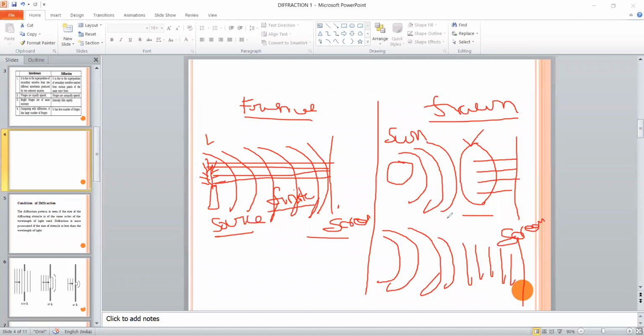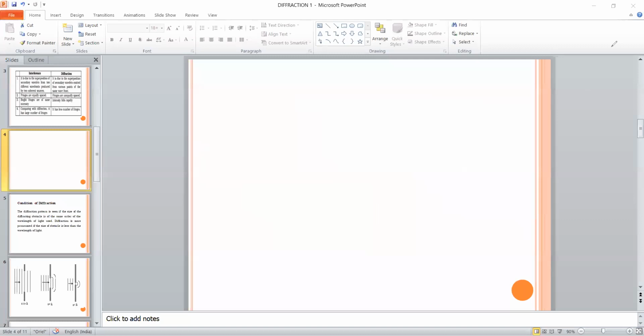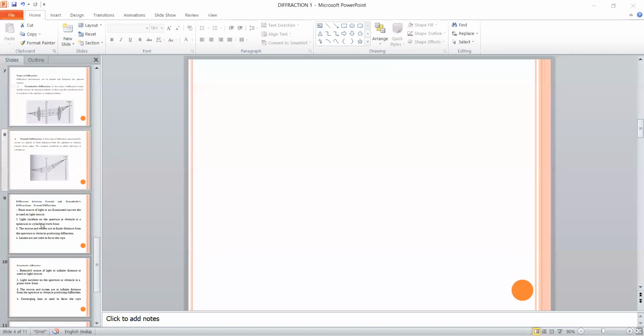And one more difference between Fresnel and Fraunhofer is, whenever the spherical wavefronts move a very long distance, and finally reach the screen, which is on the earth, they are converted into a plane wavefront because they travel a very long distance, you know. So that is mainly the difference between Fresnel and Fraunhofer diffraction. Okay, I think all of you clearly understand with these pictures. Now simply I will go to the differences between Fresnel and Fraunhofer diffraction directly.